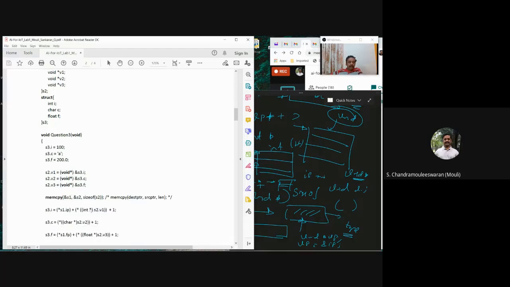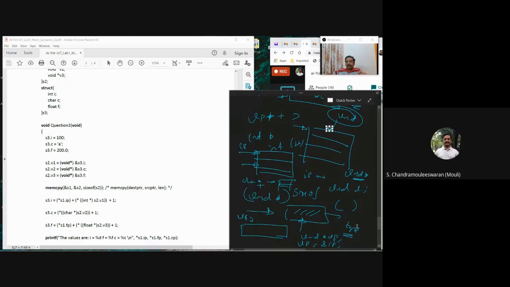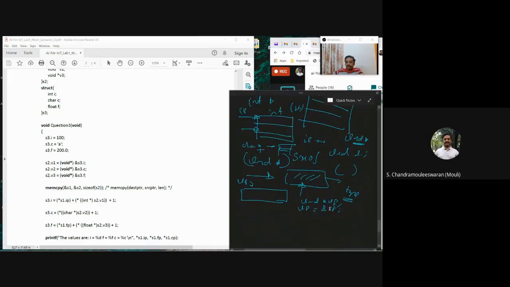After that memcpy, it is very standard. Actually, I am using S2 after doing a copy, I am not using S1. I should have used S1. No, I am using S1 here to confuse you. So I used S2 to do the updation, and then using S1, I'm accessing it. S1 has the same addresses, so all of you got it right. I hope the explanation is enough.